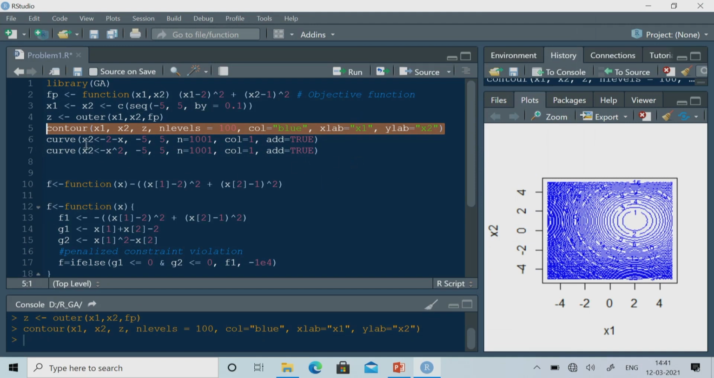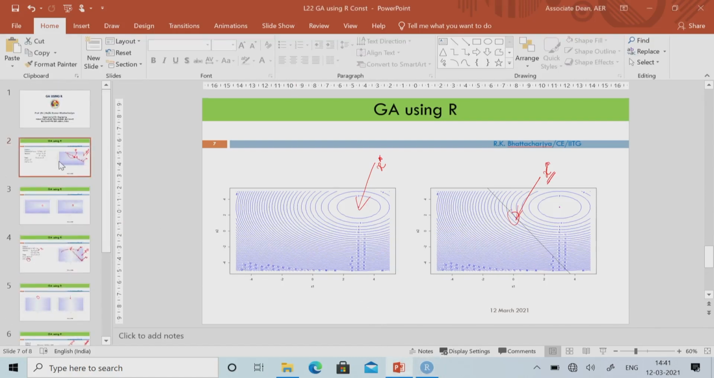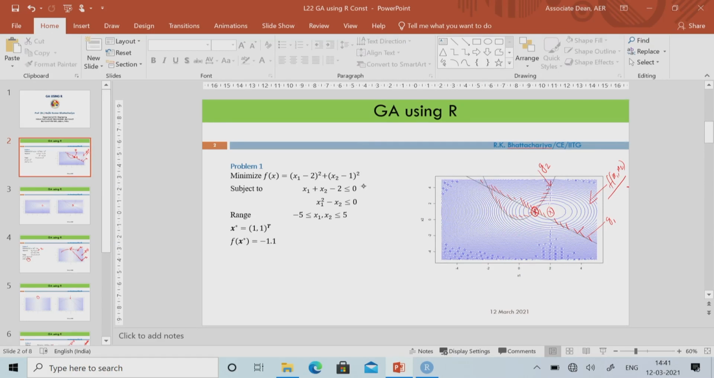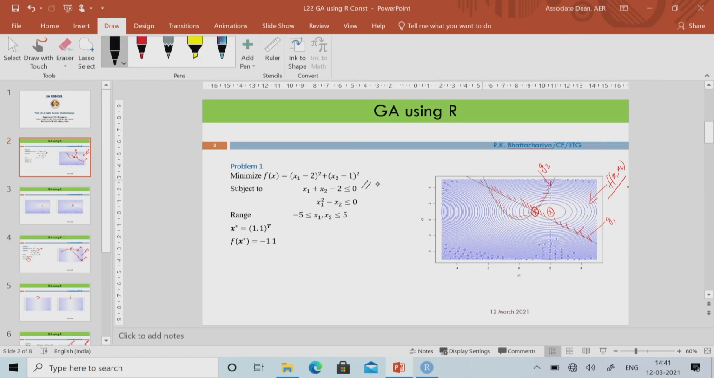You just see, the constraint I am now writing in terms of x2. The constraint was something like this: x1 plus x2 minus 2 is less than or equal to 0. So, what I can do is write this particular constraint as x2 equal to 2 minus x. Here x1 I am writing as x. So, 2 minus x1, and similarly for this particular constraint, I can write that x2 equal to